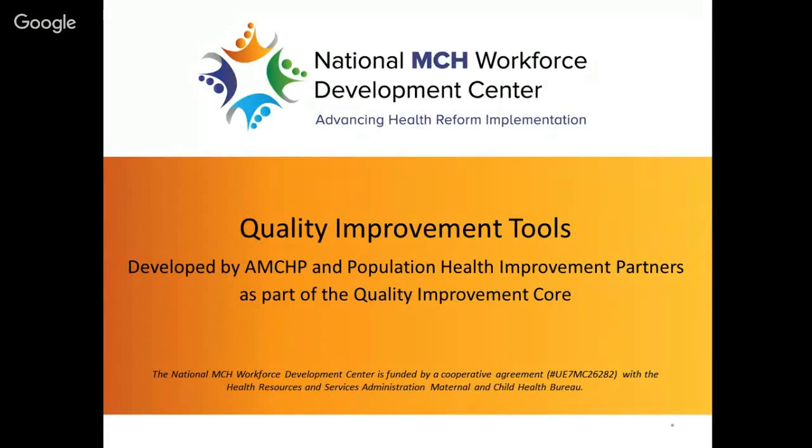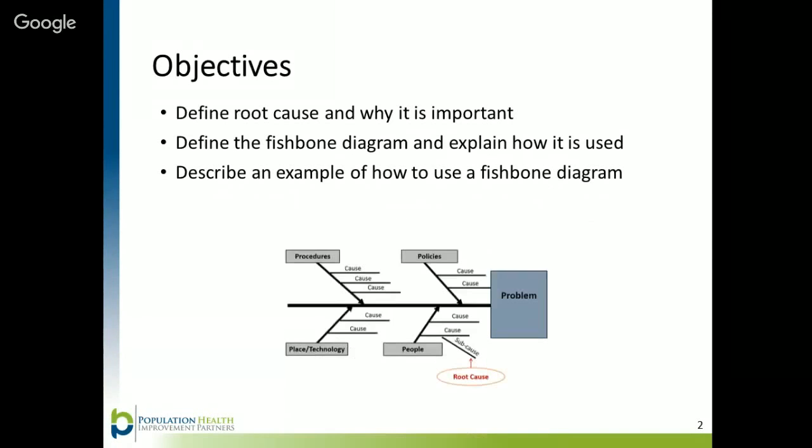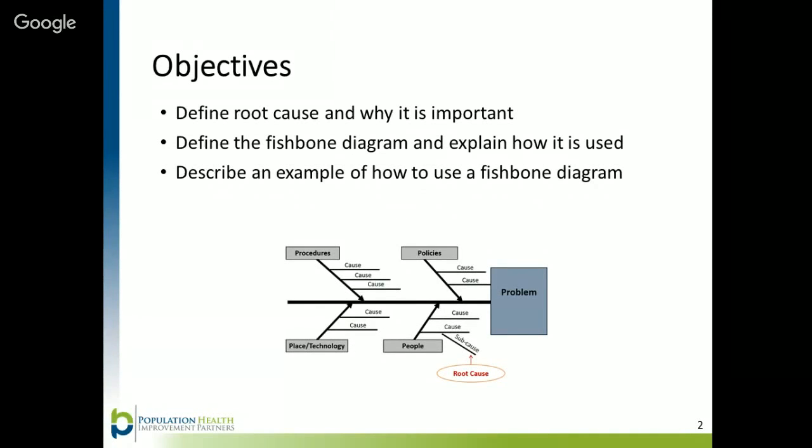The following module is one part in a series developed by the Quality Improvement Core for the National Maternal and Child Health Workforce Development Center. This module will introduce the Fishbone Diagram, which is a tool to conduct a root cause analysis. By the end of this module, learners will be able to define root cause and why it is important, define the Fishbone Diagram and explain how it is used, and finally, describe an example of how to use a fishbone